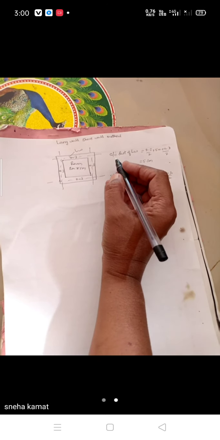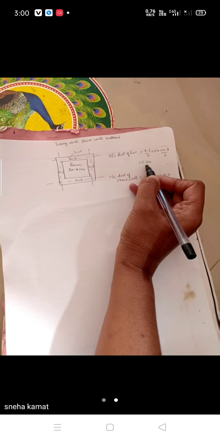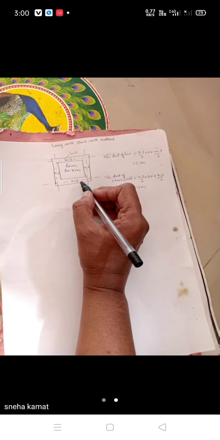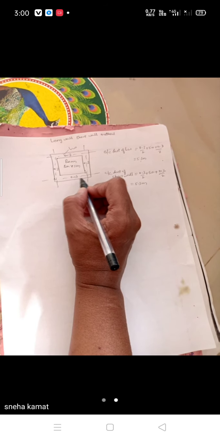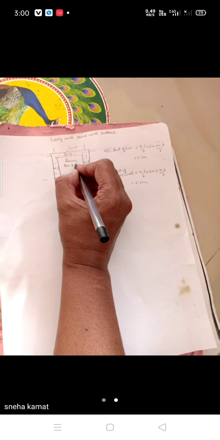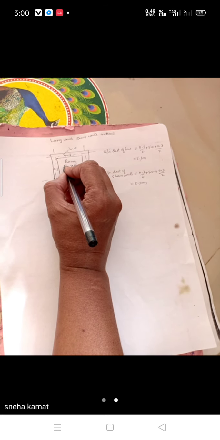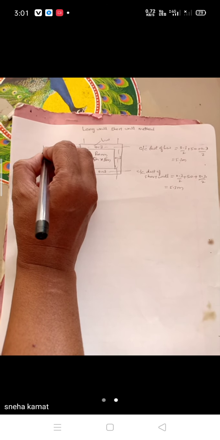We found the center to center distance as 5.3 meters for the long wall, and for the short wall, because the dimensions are the same, it is again 5.3 meters. Our next part will be the calculations for earthwork, masonry, all the parts of it.